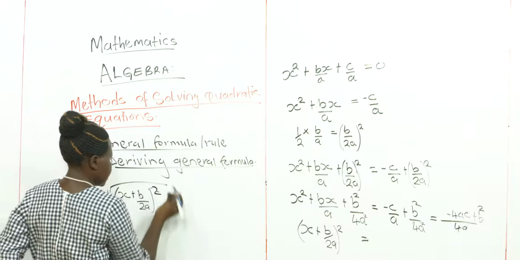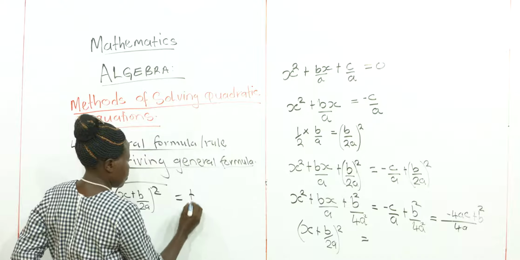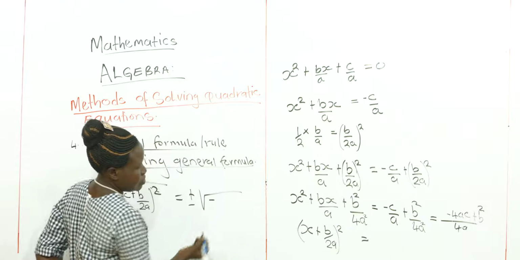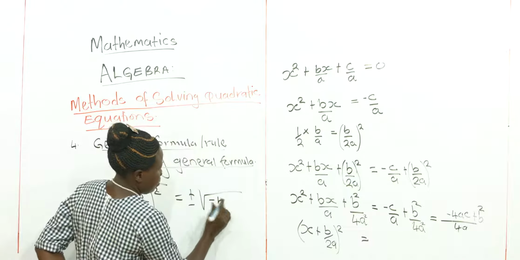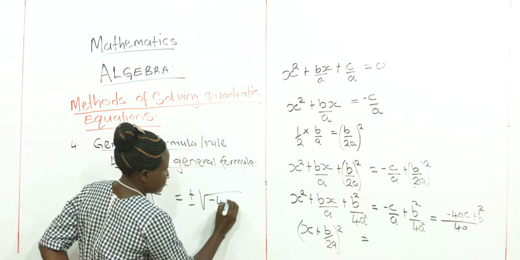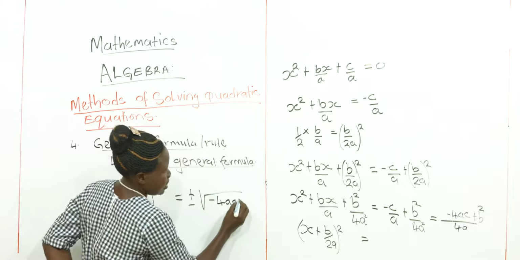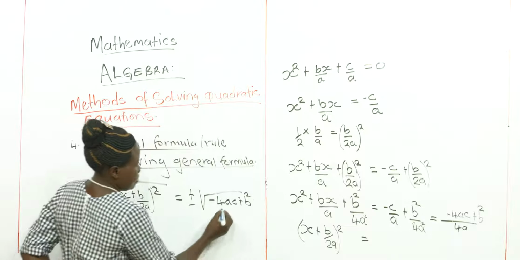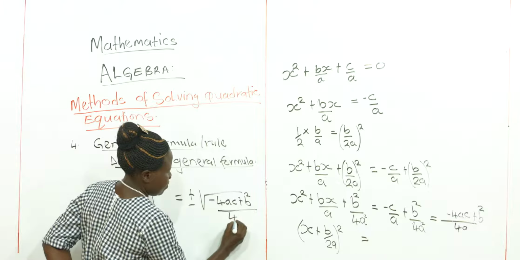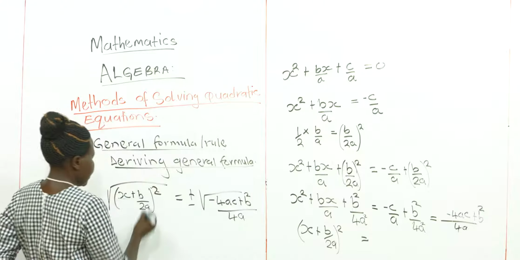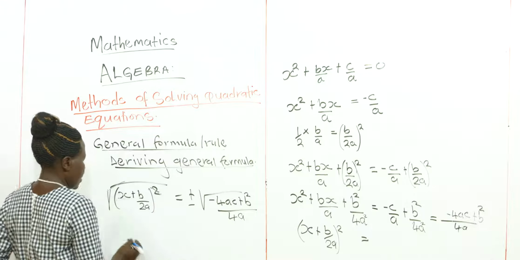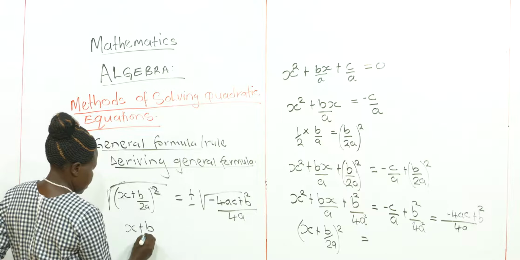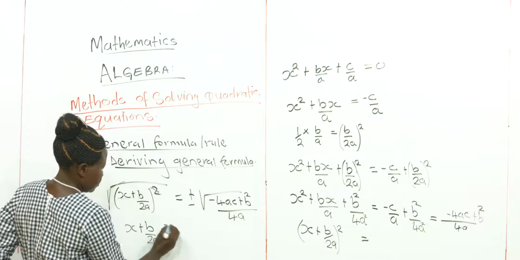We root this part and then equals plus or minus the root of negative 4ac plus b squared, out of 4a squared. So here this will automatically cancel,